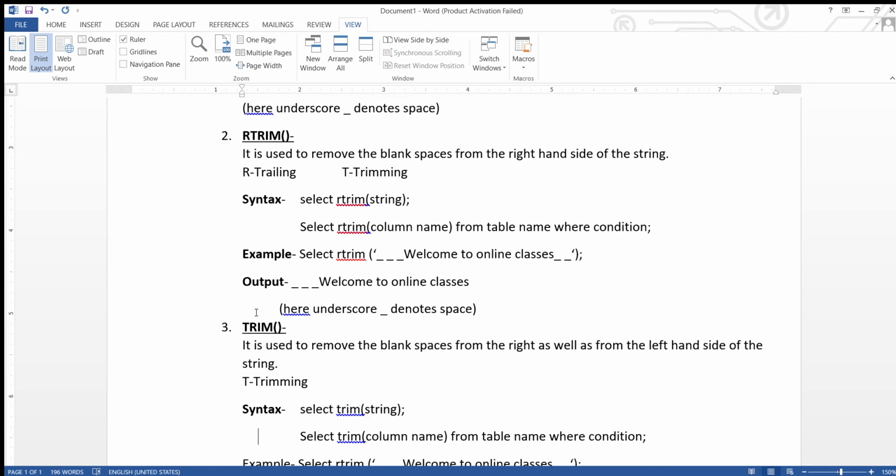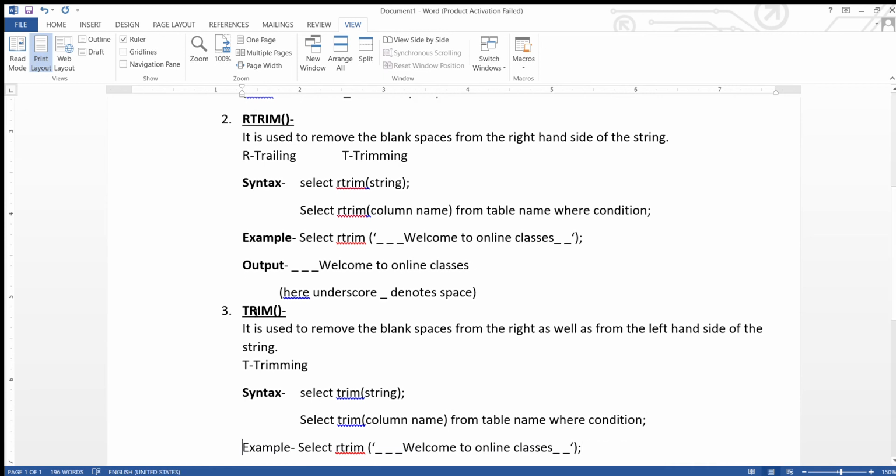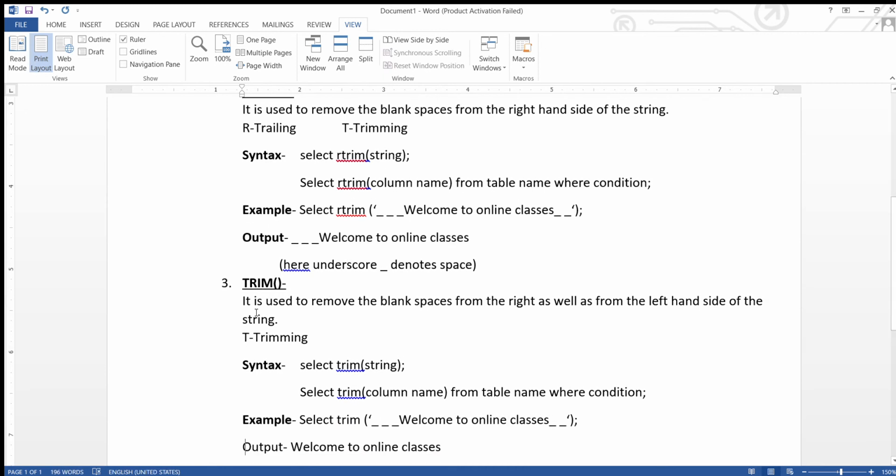One more syntax is there, select trim, then column name from table name where condition. See the example. Select trim, space space space welcome to online classes, then again two spaces. See the output, welcome to online classes.